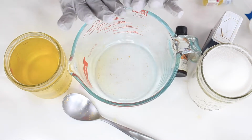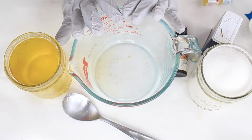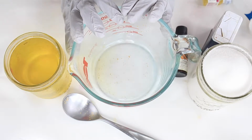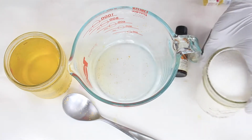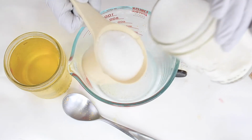So for this beautiful fall scrub, we know it's fall here in the desert. Fall temps consist of 100 degrees to 80 degrees in the day and 60 at night, which is chilly. So for some of you guys are already in fall, and I'm a huge fall lover now since I've moved to the desert. So we're gonna start off with a cup and 3/4 cup of granulated sugar for this easy